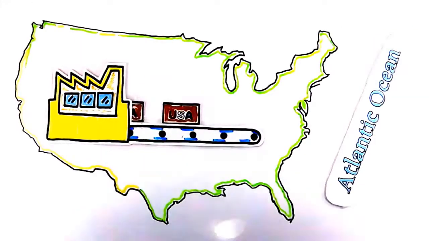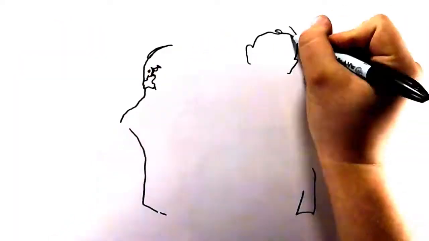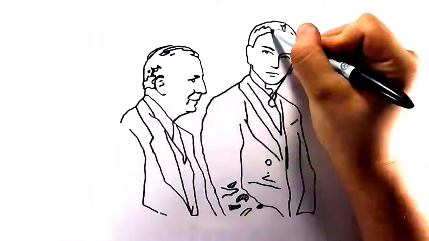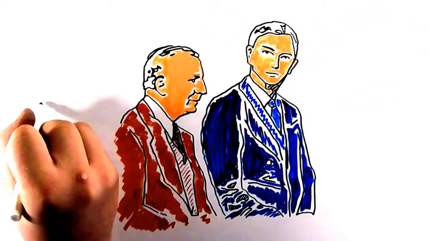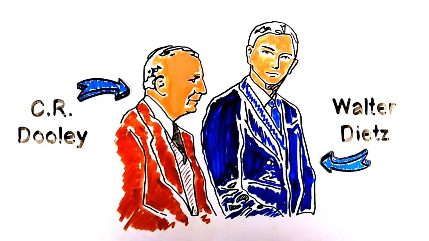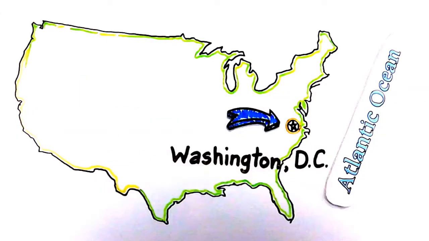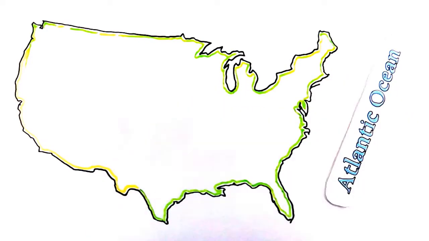The U.S. needed to be able to quickly expand and keep up with the demand. The U.S. government wanted to develop a program much like the one Charles R. Allen had during World War I. C.R. Dooley from the Socony-Vacuum Company and Walter Dietz from the Western Electric Company were sent to Washington, D.C. on loan to begin development of the program, since both of them had experience in training and development by helping with the shipbuilding project during World War I.